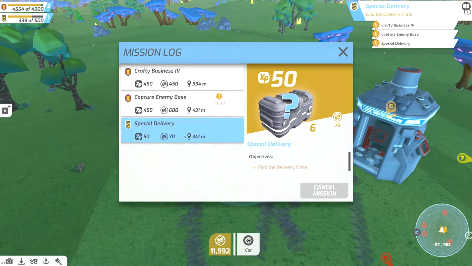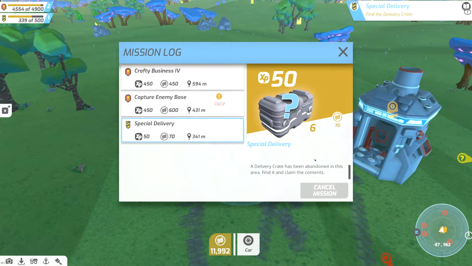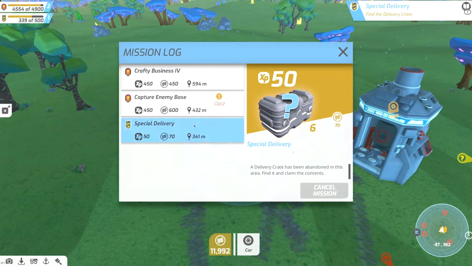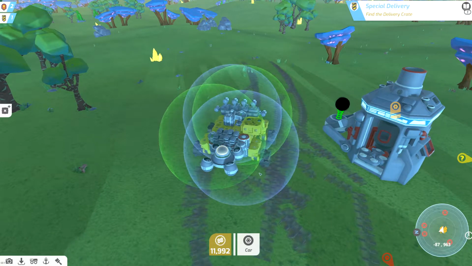Crafty Mike wants us again. We'll go do him before we capture the base, but I won't show you that. It's probably just gonna be another stupid tutorial. This is find a delivery crate. So I'm gonna find the delivery crate, do crafty business, and then we'll come back when we're attacking the enemy